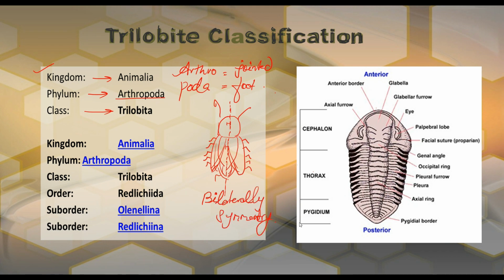So it's clear, all arthropods have some criteria which are common in every kind of insect, right? They have a segmented body, jointed legs, and an exoskeleton. This is the exoskeleton, the hard cover, which is made up of chitin. That's why it is known as the chitinous exoskeleton. They have paired jointed limbs, and they also have antenna-like structures which are used for sensing. These are actually sensory organs. So this is all about arthropods.